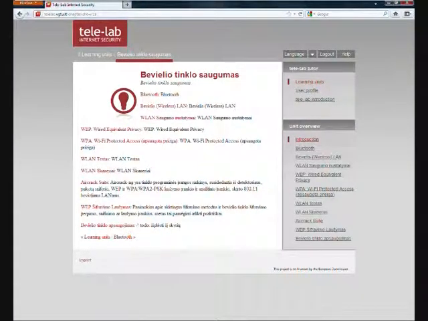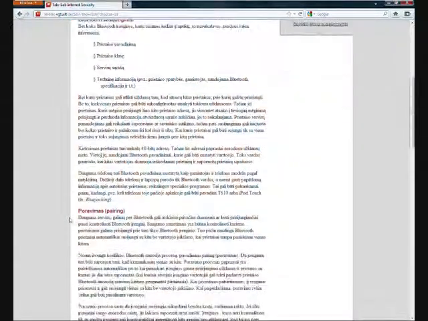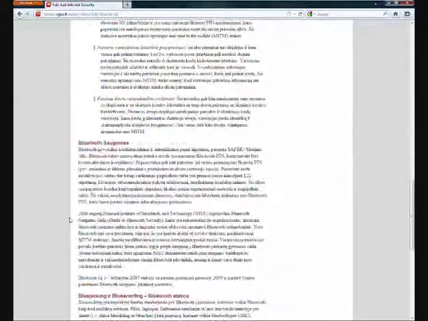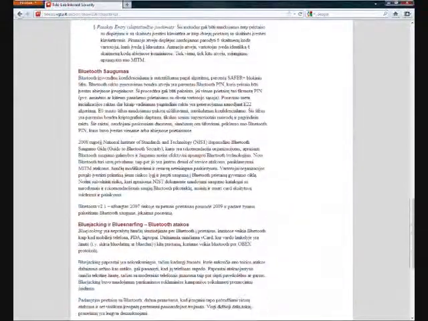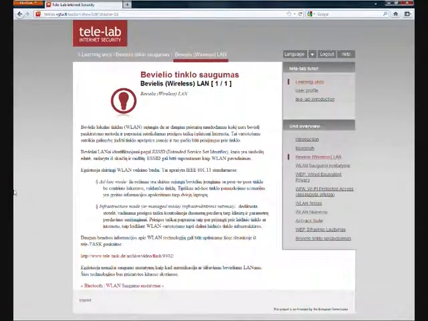These are the sections you can find here, and you can flip through them like a book. Here it explains some theory, some premises about Bluetooth. In this case, it's about the wireless LAN, what it is and how it works, and here is something new that we can see. This is a demonstration. It's actually a video. So if you click here,